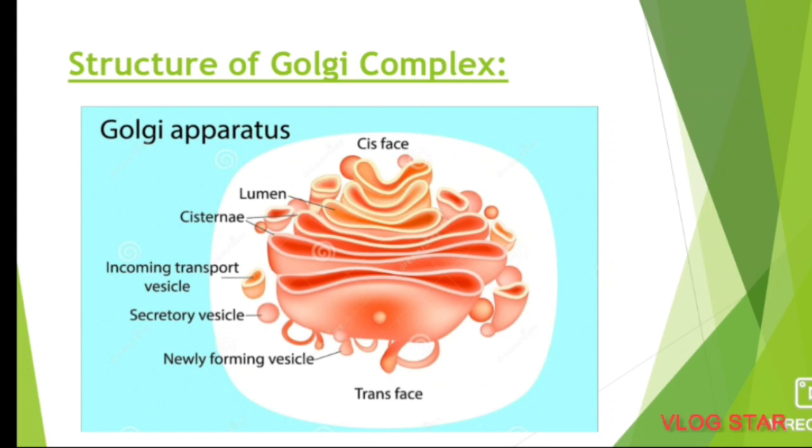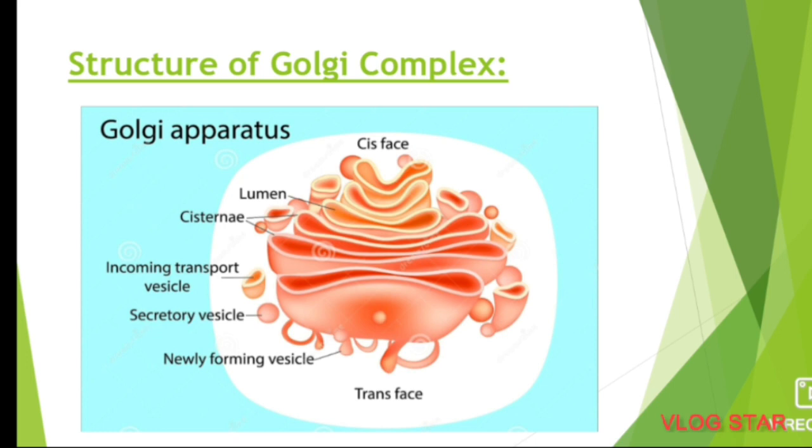Here you can see in the structure cisternae. In most eukaryotes, the Golgi apparatus is made up of a series of compartments and is a collection of fused, flattened, membrane-enclosed discs known as cisternae, originating from vesicular clusters that bud off the endoplasmic reticulum. In the Golgi complex, a series of compartments called cisternae is present. Along with that, some vesicles are also present.